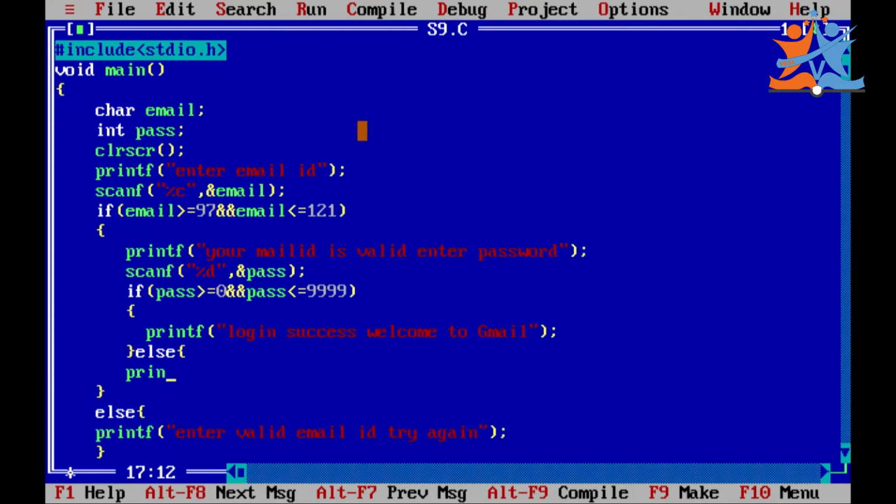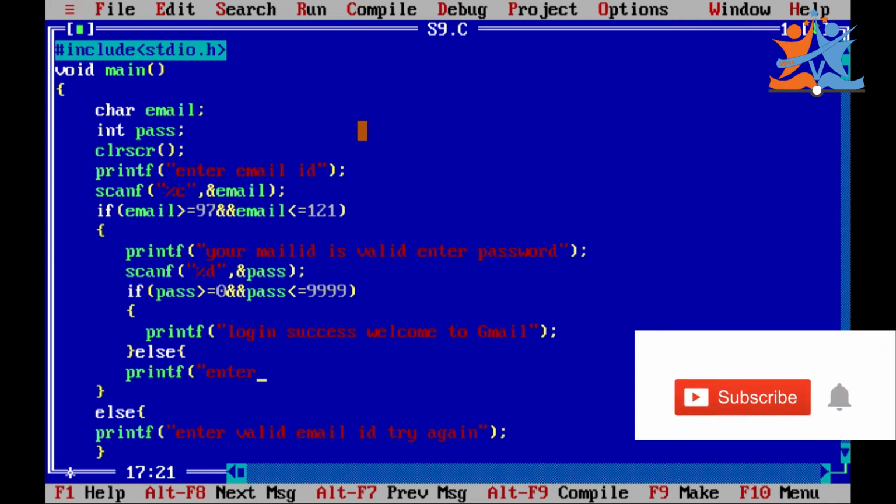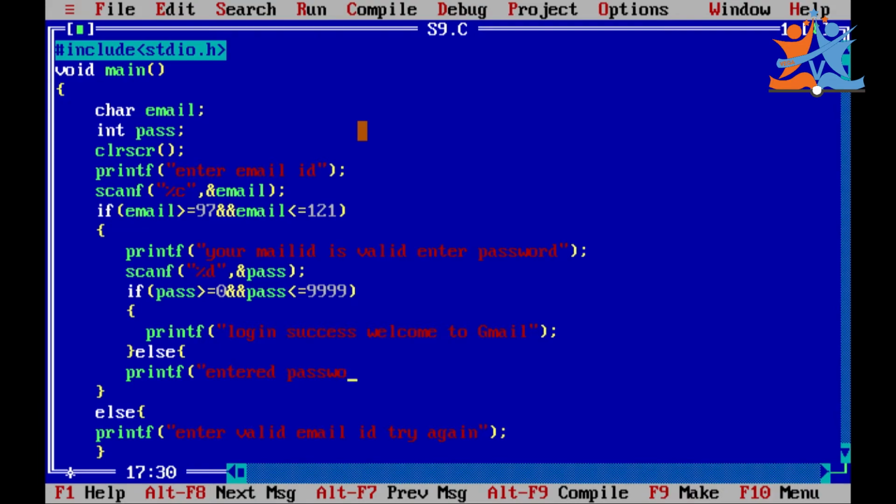Else printf: entered password is not valid. Try again. We are getting a message like that.